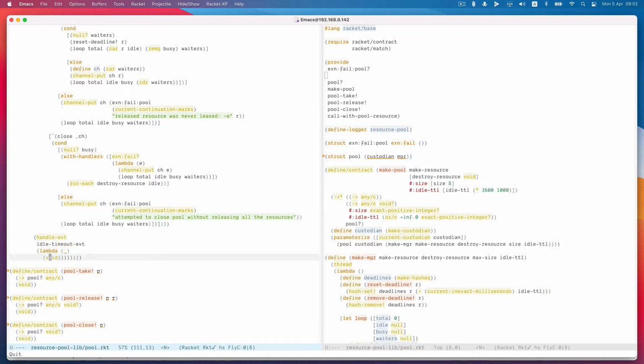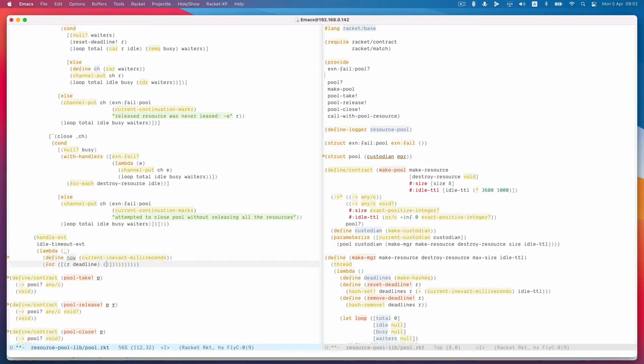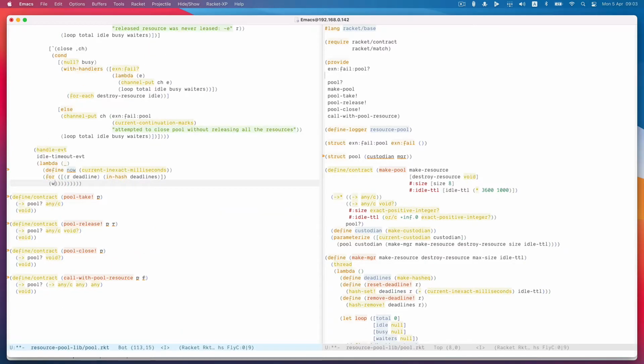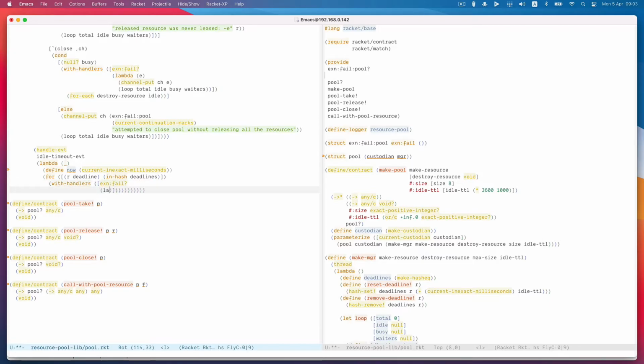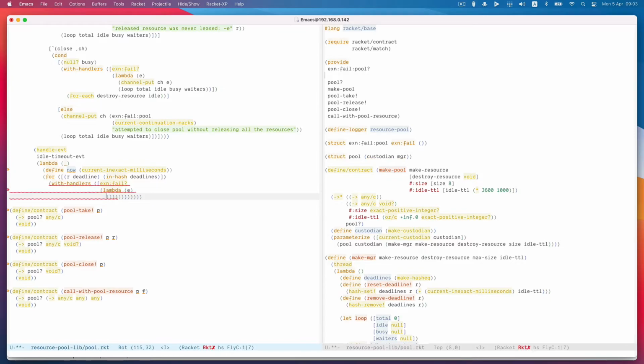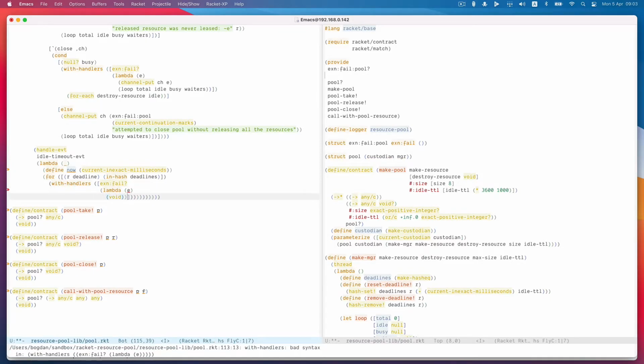And then when we get an idle timeout, what we're going to want to do is, for every resource whose deadline has passed, in hash deadlines, we're going to want to call